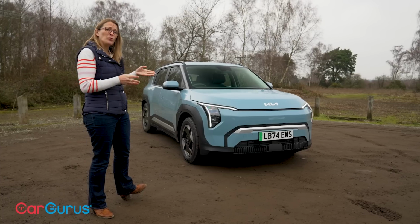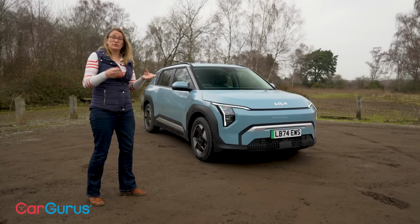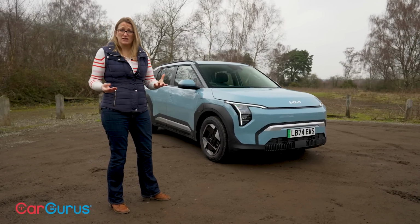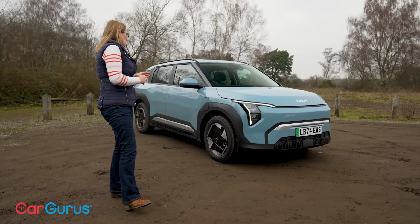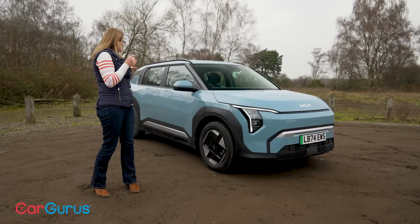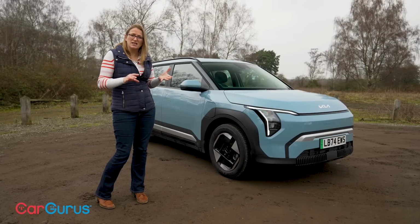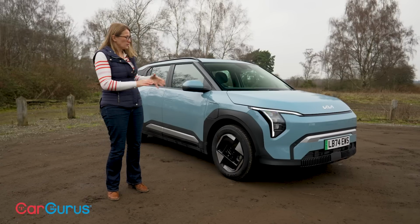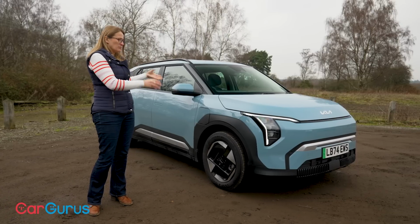So the EV3 is 4.3 metres long. So it's a direct rival to cars like the Volkswagen ID3, the Jeep Avenger, the Peugeot E2008, the Hyundai Kona, tons of rivals out there. So yeah, it has definitely got a lot of competition, but for a fairly compact car, it's also pretty spacious inside. And this is also kind of a rival to the Kia Niro, which remains on sale for now, but I don't really know why, because it's only fractionally bigger than the EV3, and yet this is actually more affordable